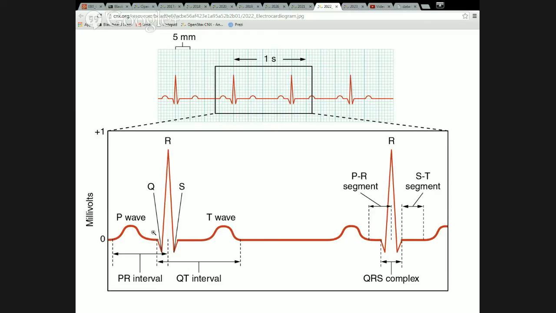Now, what these things represent, again, are electrical changes in the heart. The P wave represents when the SA node depolarizes and that depolarization spreads through the atrial walls. That depolarization lasts for about 100 milliseconds, but the P wave is just the beginning of that. The end of that, about 100 milliseconds later, is somewhere here in the QRS complex. But we don't really see the end of that depolarization or the repolarization of the atria